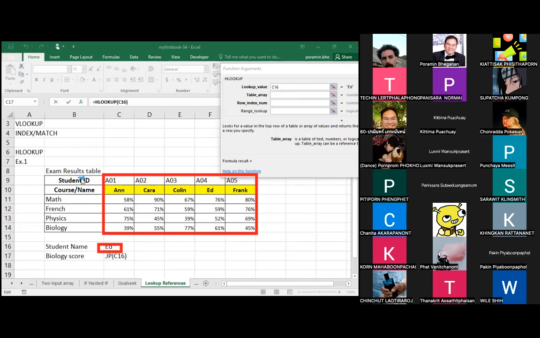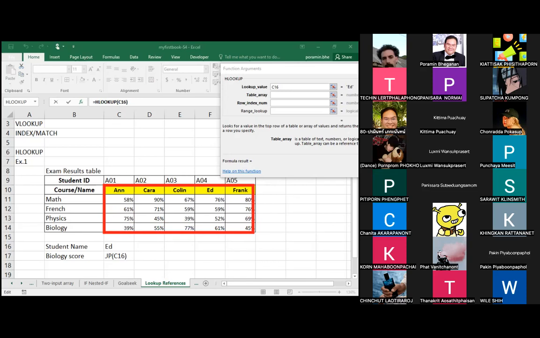The first row is the student ID, so you have to enter the student name, but the student name is found in row number 2, which is not usable with HLOOKUP. So what we have to do is specify the table array that begins with the name of the student in the first row until the last row with the scores that you may have. So in this case,